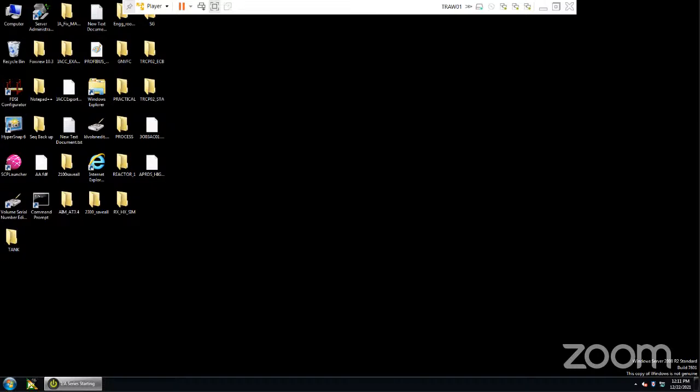So this particular VM image is already installed with all the Foxboro DC software. Whenever you start any application server of any Foxboro DC system, you will find this default IA Series starting. It means whatever backend processes and applications are there, all these executable files are getting started one by one. Once all the applications are executed, it will display IA Series is ready